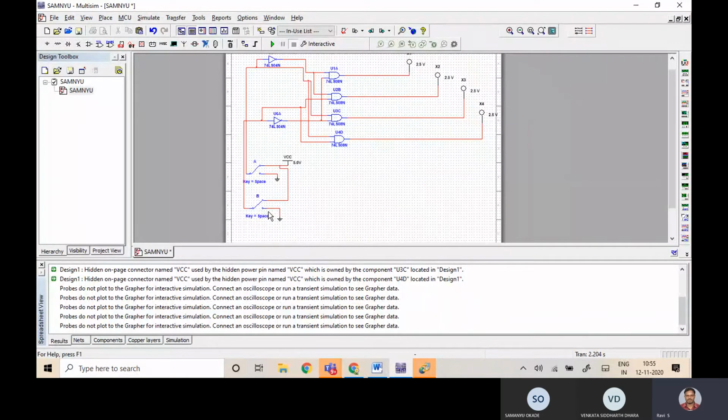So now if I close the switch, it is 0. The bottom position is 0, top position is 1. Are you there?